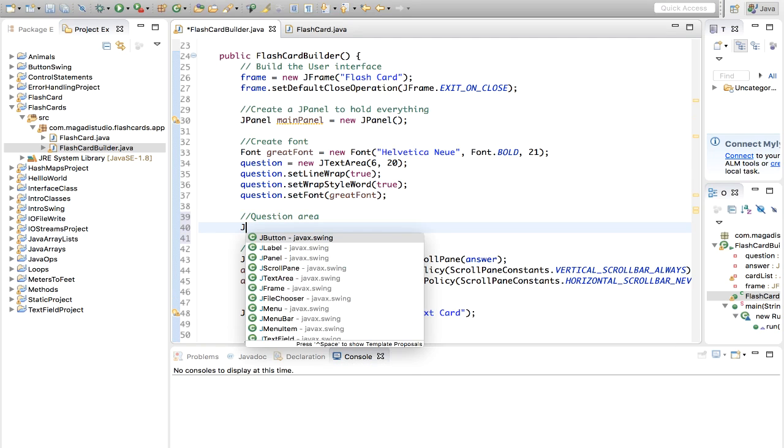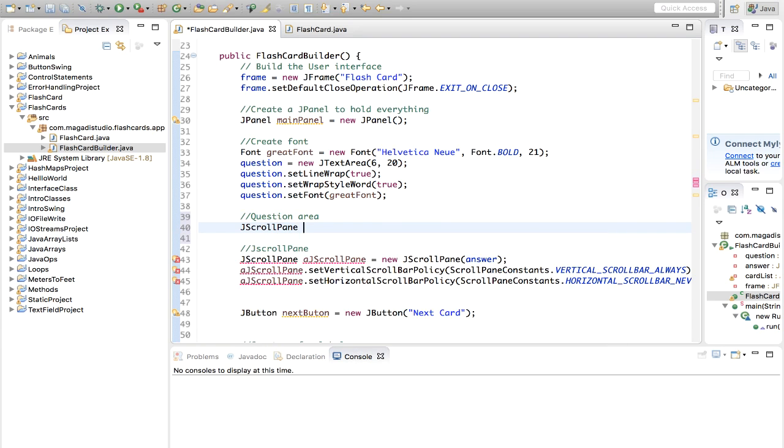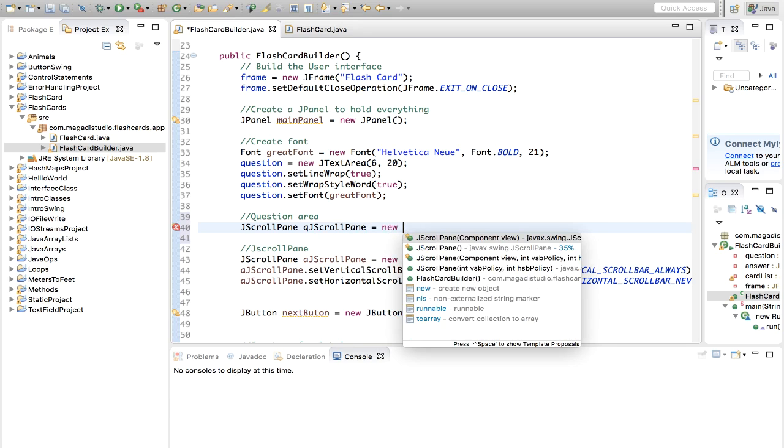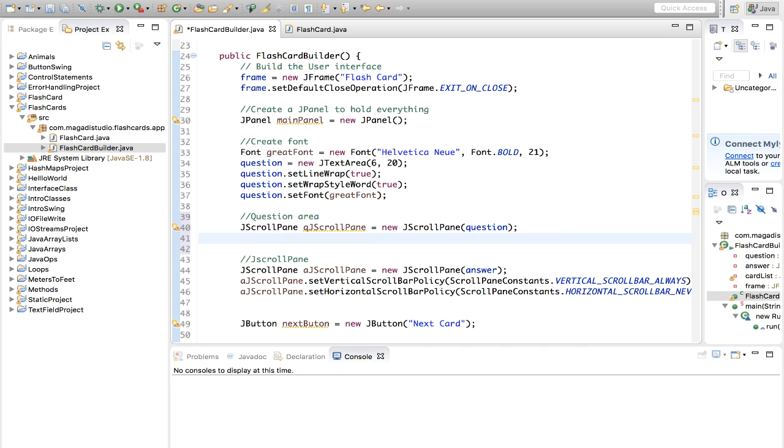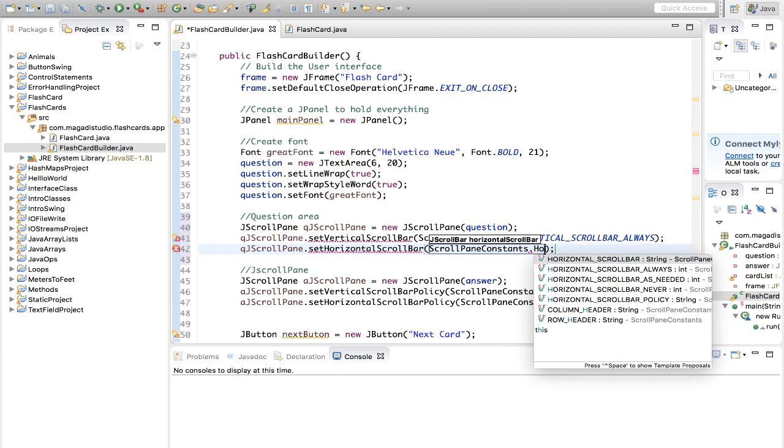So we're going to do the same, because JScrollPane. We're going to call this question scroll pane, right? Scroll pane is equal to new, and we're going to pass in the component here, which is going to be question, right? Not answer. Essentially we're doing the same thing we did here at the bottom for the answer. And we're going to go ahead and say Q JScroll, set vertical